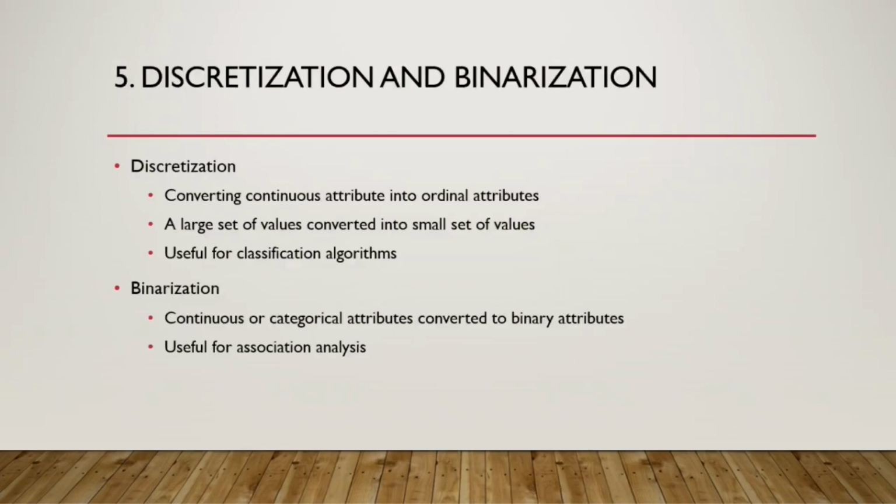Okay, the next thing is discretization and binarization. So it is something where we now have to handle our continuous data. Okay, so you know already that we have different types of data, right? We can have some discrete data, we have some continuous data. Continuous data means, suppose, the age of a person is continuous, right? So it can be in years and months and days, so it can continue in any set of values. Okay, so it's a large set of values.